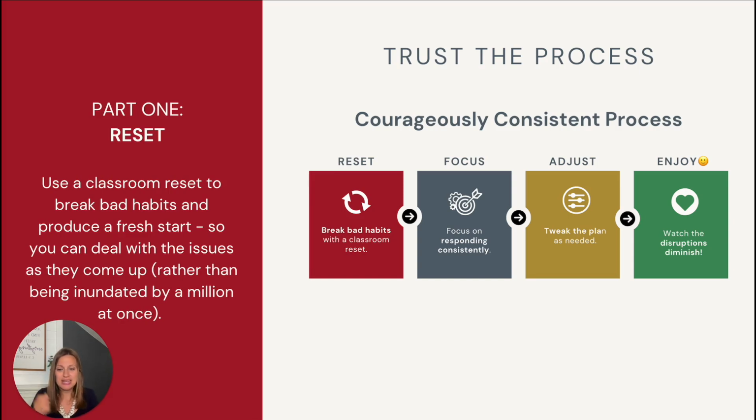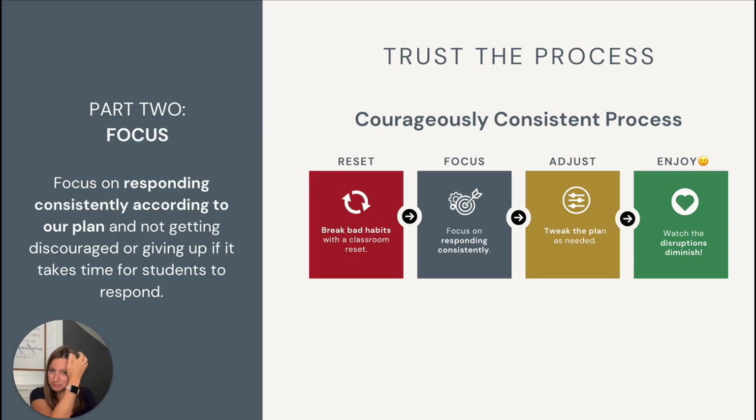Students are kind of surprised. And then as the little issues start to shoot up, you're able to deal with them one by one before they get out of control again. So classroom reset is hugely helpful if you're trying to make these changes in the middle of the year. If it's the summer, you just start off right on day 1 and you'll be amazed at the difference.